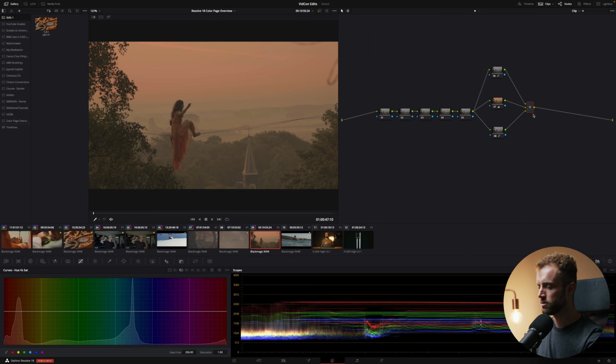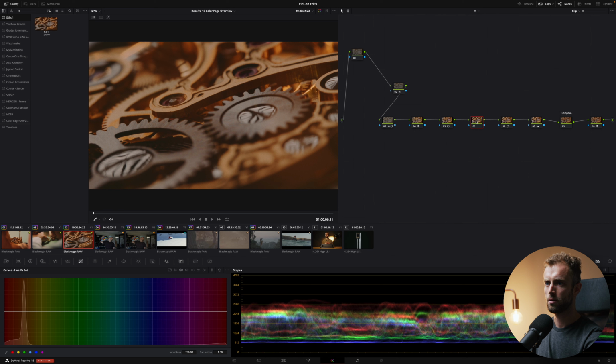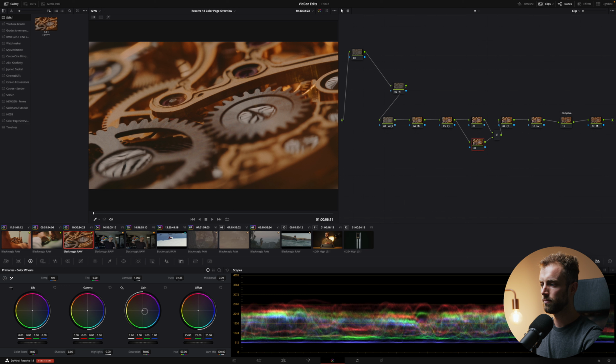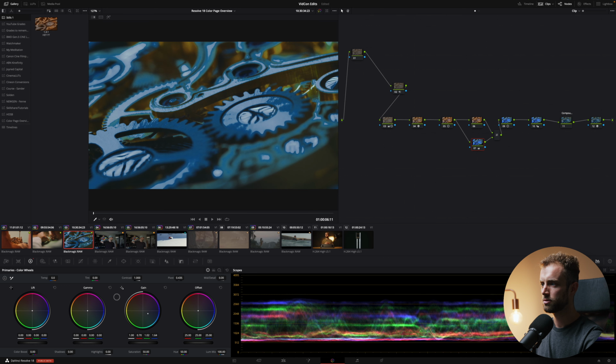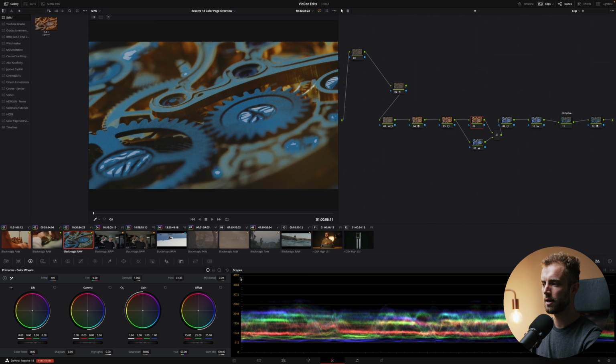You've also got layer nodes. Let's go to a graded clip. Alt L. So let's say I add in blue. That's a bit much. Let's say I add in blue, and now I add in a bit of red. You can see nothing happens because the bottom layer node is actually overruling everything that happens in the top one. Does that make sense? So if I take this one off, boom, everything's red. But if I put it on, nothing happens because this node makes sure that nothing comes through.